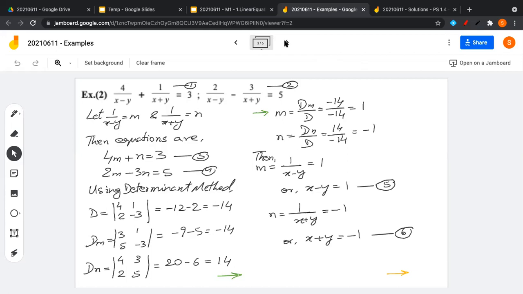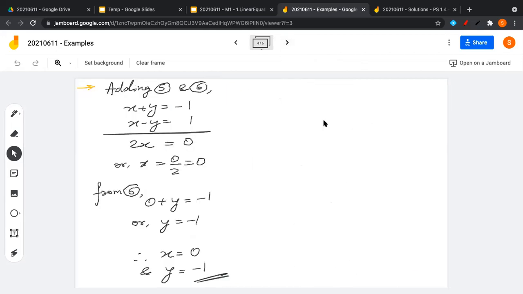These are very simple simultaneous linear equations in two variables. So once again, we can solve these in any way we want. I think that solving these two equations using the determinant method will be too much, because they are easily solved when we add them using the elimination method, and that is what I have used, where we get x equals 0 and y equals minus 1. You will need at least 2 pages to write this completely properly.